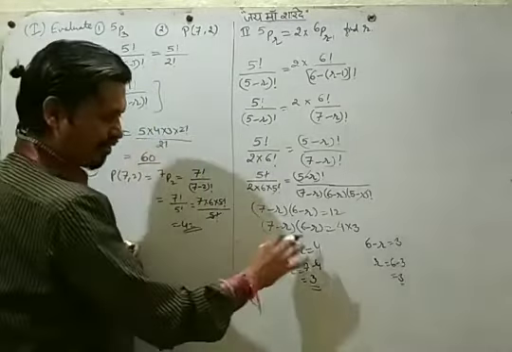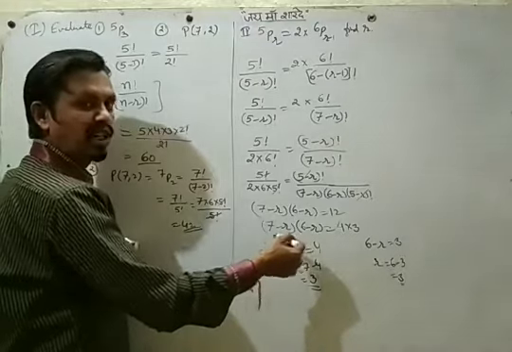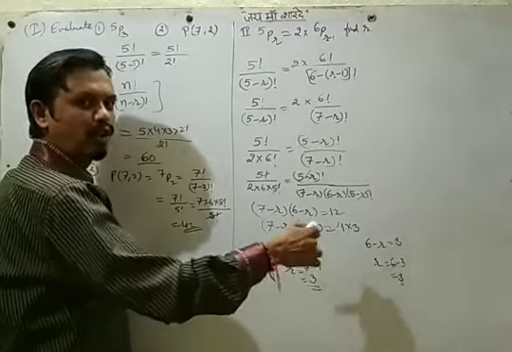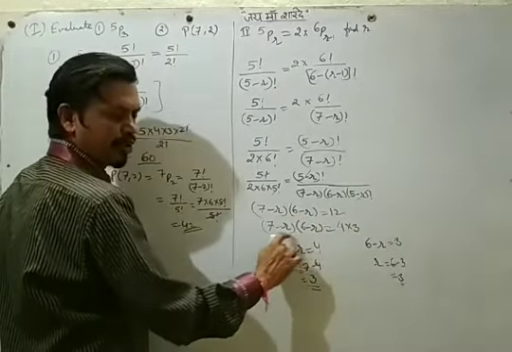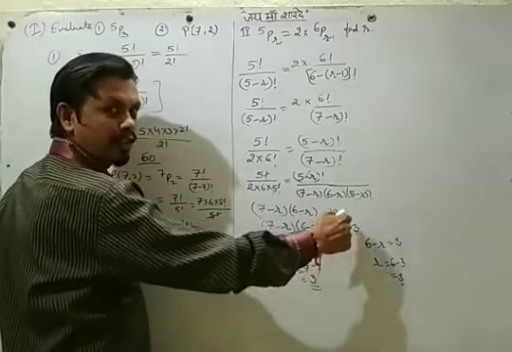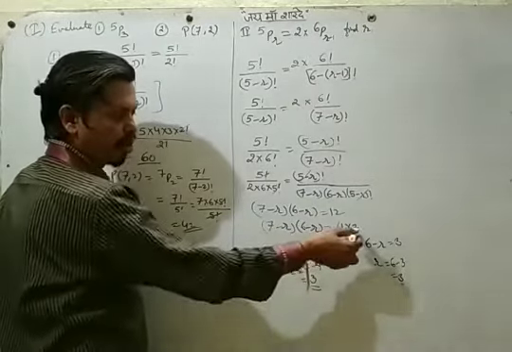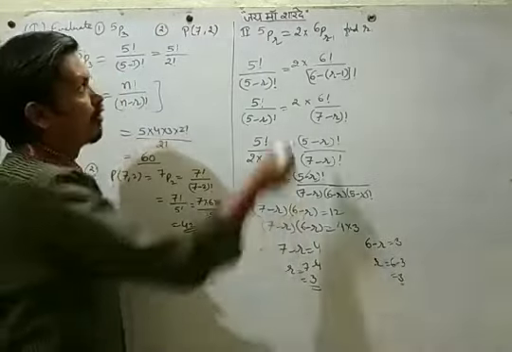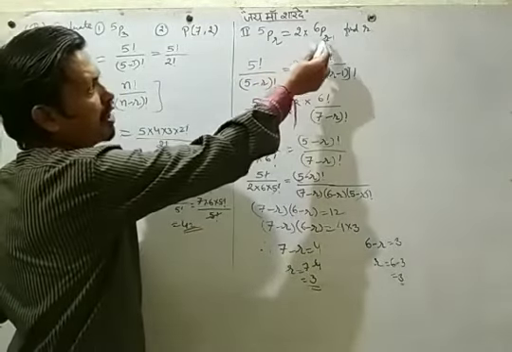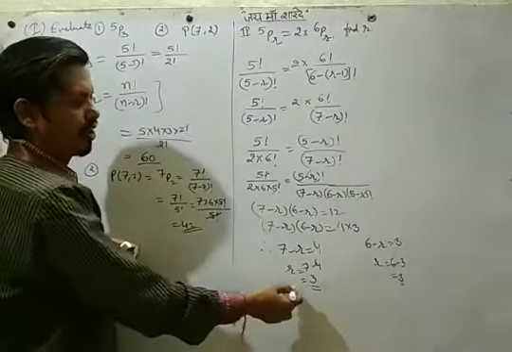So one option is to write it like this, or you can simplify and get a quadratic form and then solve. But the better option is to solve like this. Here the difference is 1, so write two numbers whose difference is 1. Then compare the greater number and the smaller number. So r is 3. So if 5Pr equals twice of 6P(r minus 1), then r will be 3. Okay, sorry, note down this.